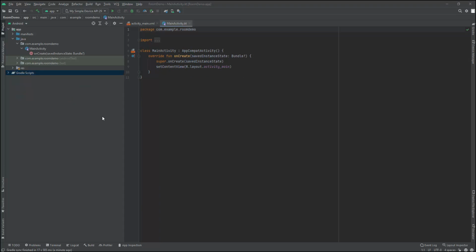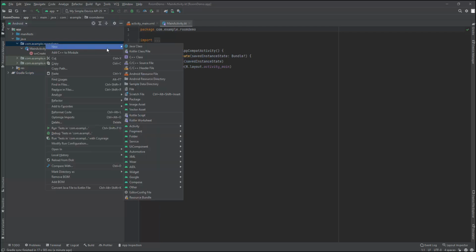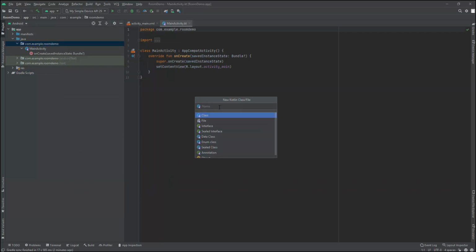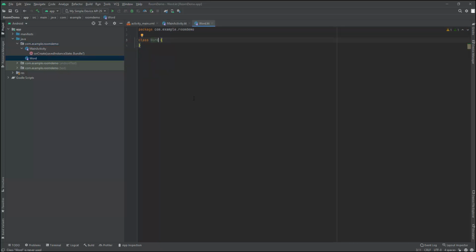To get started making our database, we need to first create an entity, which will represent the things that we're going to have in our database. So I'm going to make a new Kotlin file here in my project. This is going to be a class, and I'm going to call it Word. So we're going to have words that we're storing in our database. And so this will be the entity, and we denote this using